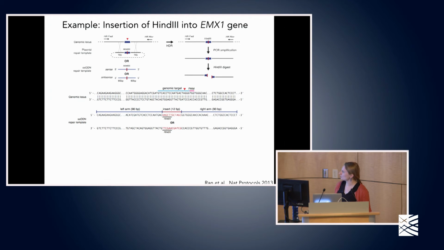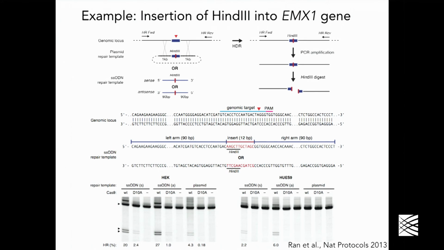These underwent HDR and cutting. This is the guide that we used, and you can see the cut site is right here, and here is the insert. So again, very close cut site to insert. This insert is very small, and so we had these short arms for the oligonucleotide. And the results down here illustrate